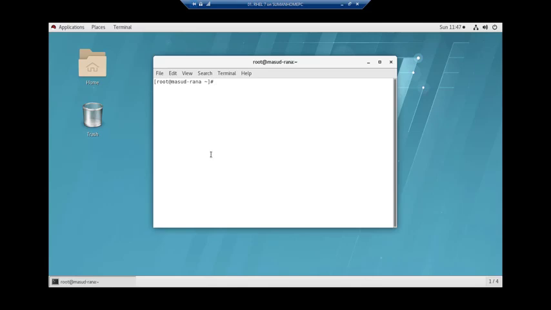In the terminal we can see our default Anaconda-KS configuration file. Here we can see that I am in the root directory by this symbol.